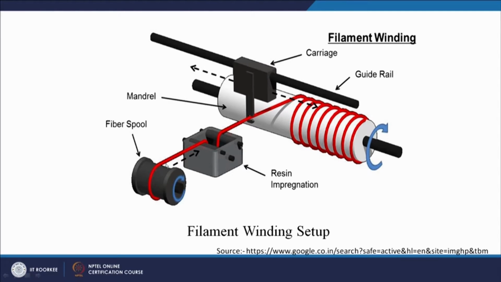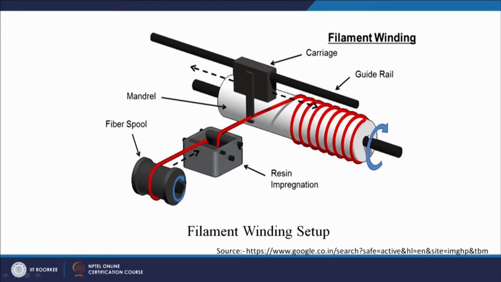The fiber is getting unwound and it is moving towards the resin bath. This is showing the resin bath. These are the guideways. So the fiber will move down, the guide will allow it to move forward, but it has to get impregnated here. So this tank is filled with resin, so the fiber will get impregnated, it will carry the resin along with it. We can see a black portion is shown here which indicates the fiber is carrying the resin along with it, and finally it is getting wound over the rotating mandrel.